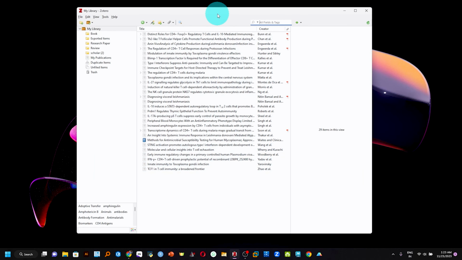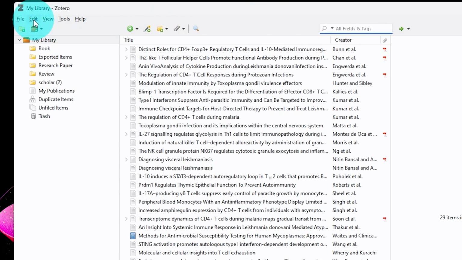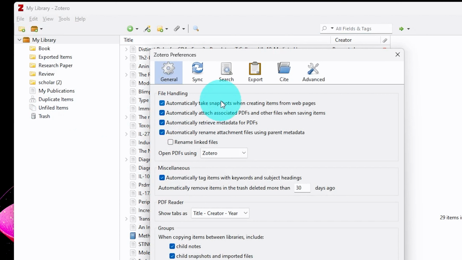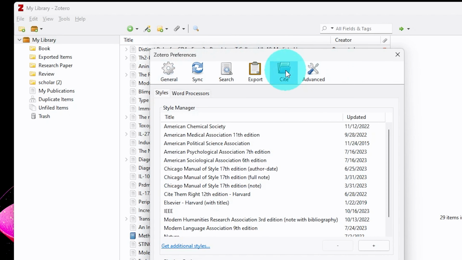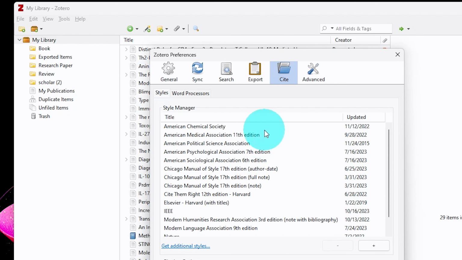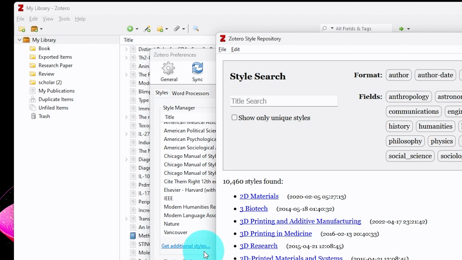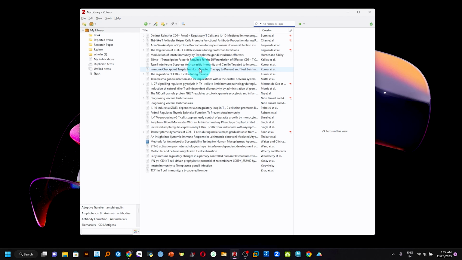Today I am going to show you how you can download and install all the reference styles in Zotero Desktop software. Here you can see the Zotero Desktop software. If I click here, Edit, Preferences, and in the preferences, if I click here on the side, you can see there are a few citation styles present in my software. And if I click here, Get additional styles, I can search and download them one by one for my Zotero desktop software. But today I'm going to show you how you can install all the reference styles at a time in